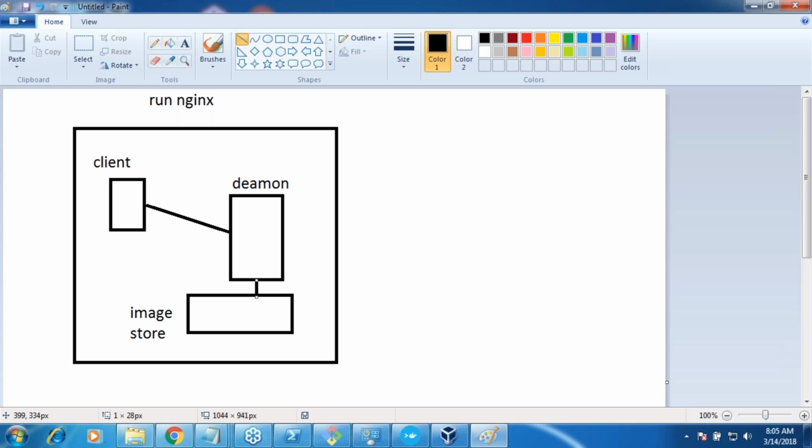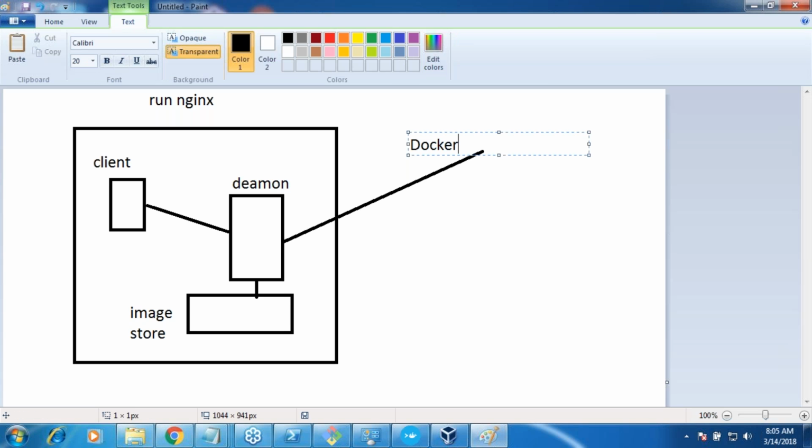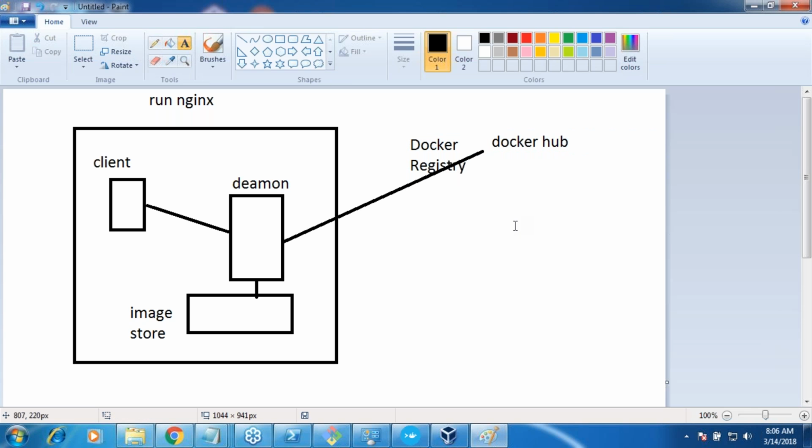The answer from the image store will be no. Whenever it says no, the daemon will go and speak with the Docker registry, and the default Docker registry is Docker Hub.